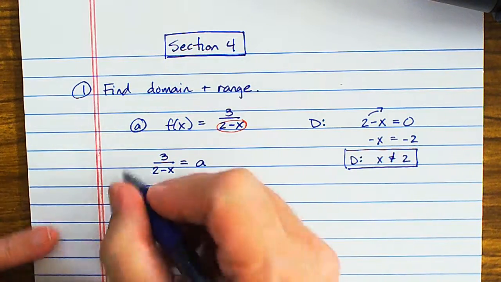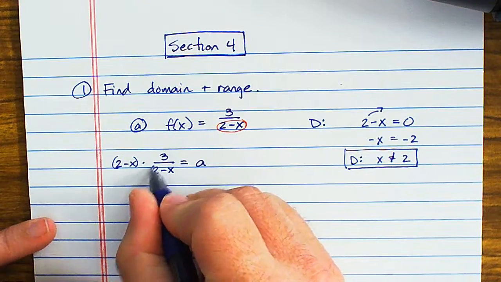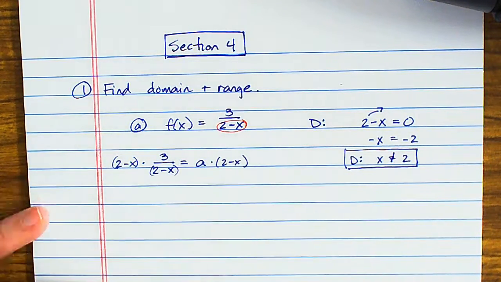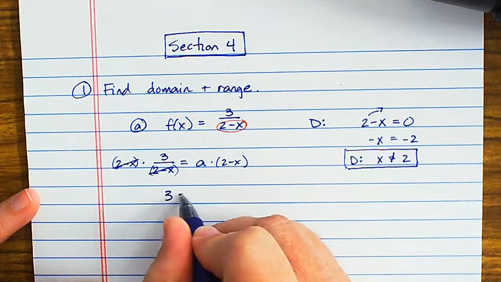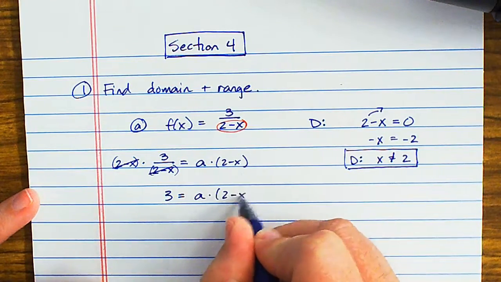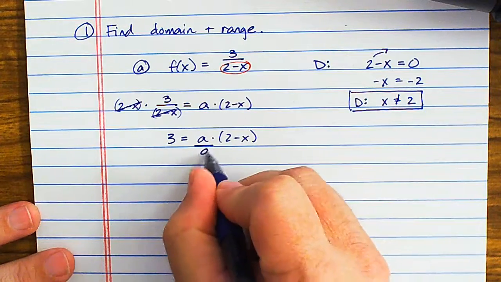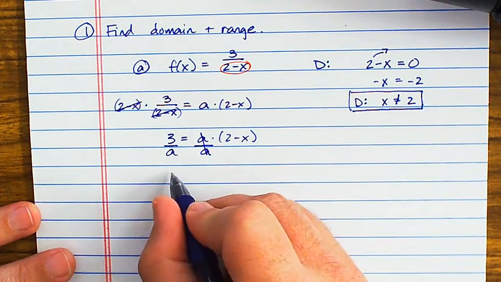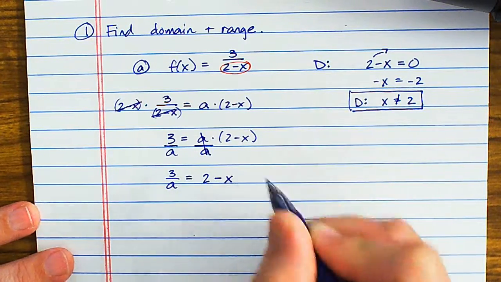So if I multiply both sides by 2 minus x, and I think of this as like a binomial, this 2 minus x cancels out, which gives me 3 equals a times 2 minus x. I'm going to divide by a on both sides, which cancels, which gives me 3 over a equals 2 minus x,